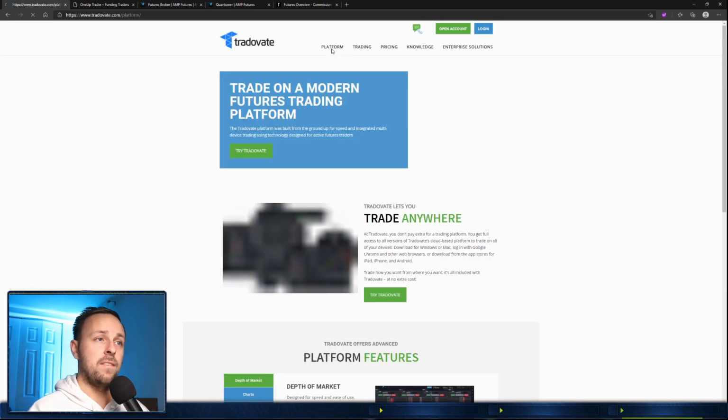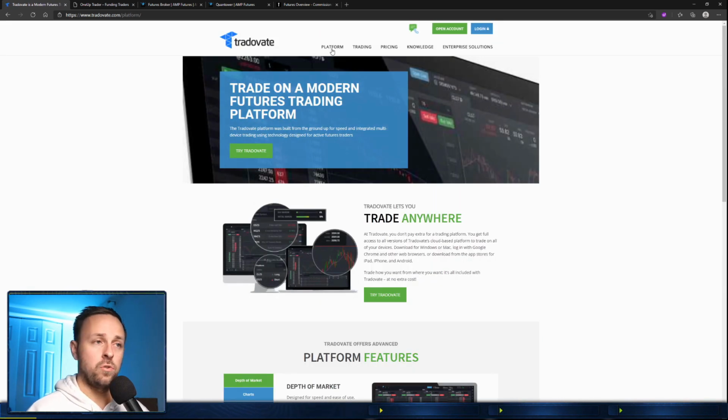They have a great platform, web-based, easy to use, very friendly. However, I'm not a huge fan of it. Not a huge fan of the charts and the layout of the charts. It's also web-based, so it's kind of hard to put it in different parts of the screen if I want to separate the charts. Again, for a beginner, it's very friendly, but like any other broker, with futures trading, you could